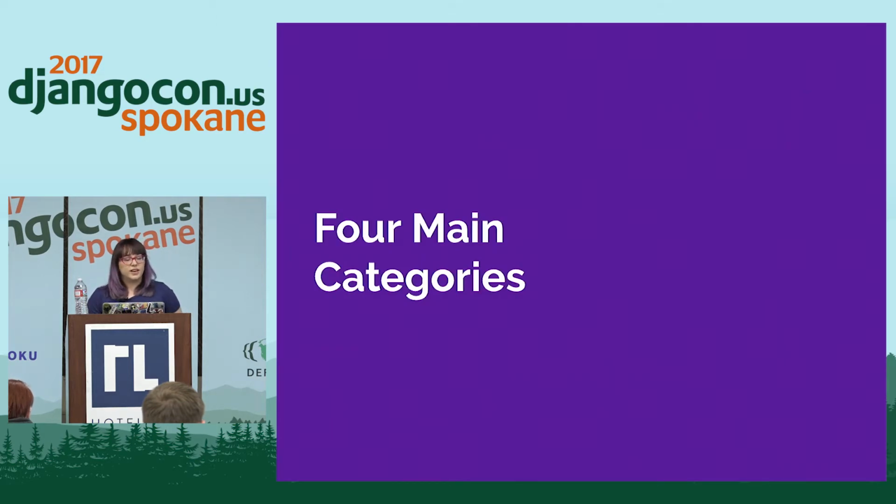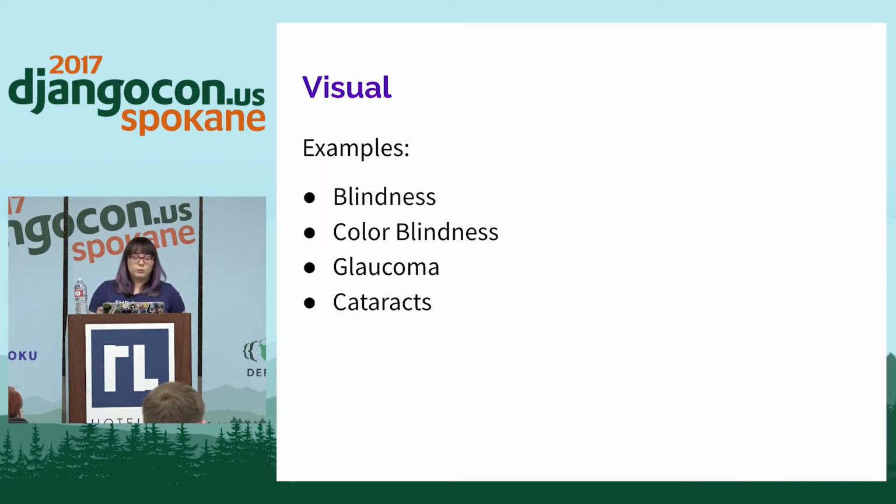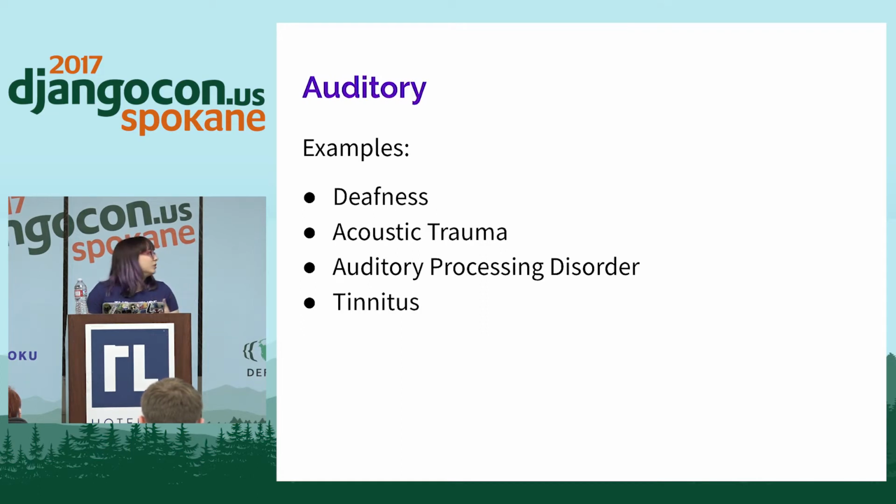There's auditory, and that can include issues like deafness and auditory processing disorder, but it can also include issues like tinnitus, where if you require someone to listen closely to something on your website, that might interrupt it. Motor includes issues like cerebral palsy, Parkinson's, obviously, even things like arthritis can affect how people can manipulate inputs. Cognitive includes issues like autism or dyslexia,